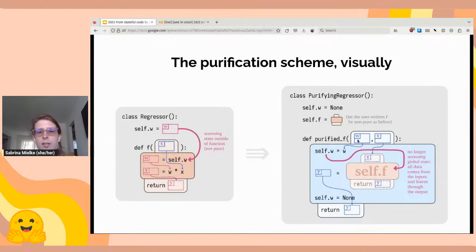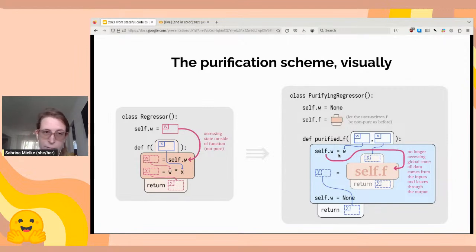First thing it does is assign self.w to this information it just took in. And so now when we next call this dirty function f, we pass in the x, we get out a y, but when this function f accesses self.w, it doesn't actually access anything from outside the function, because we've just defined self.w to be the argument itself. So the information flow doesn't leave the function. We don't actually violate purity,